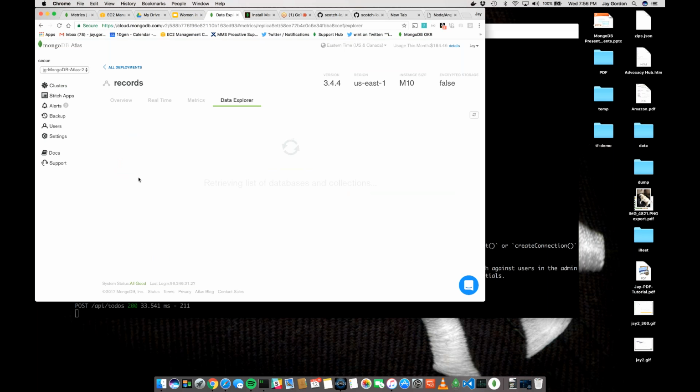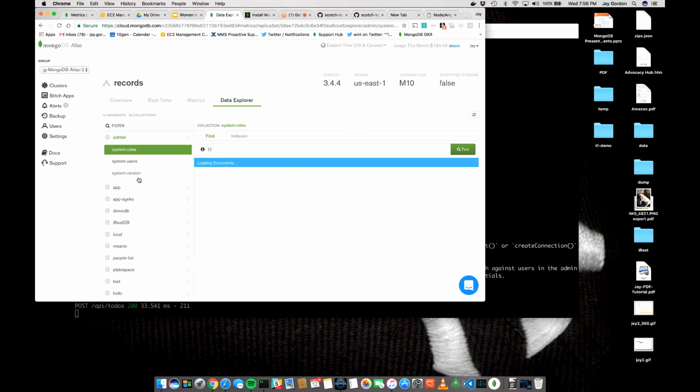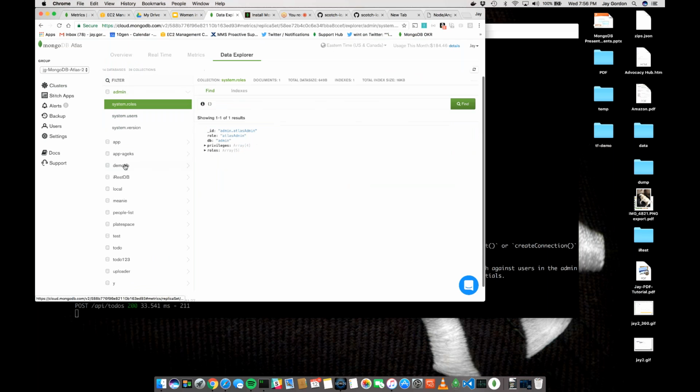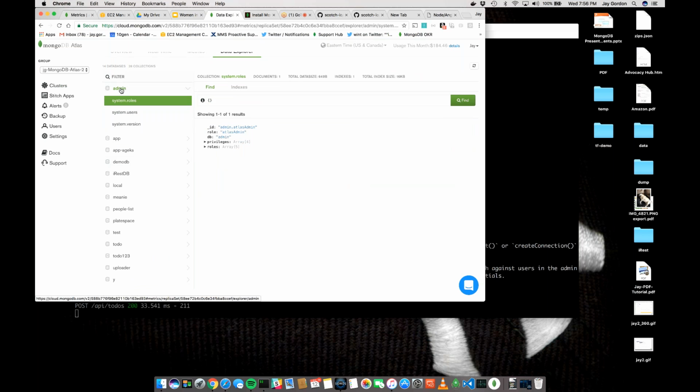So this is Data Explorer, and the Data Explorer is just a basic read-only version, being able to look at your database's contents. And now you're going to get to see all the stuff that makes up your individual Atlas. Now you can do this from the shell. You can do these things from the shell, and if you need more information about learning how to use the shell,